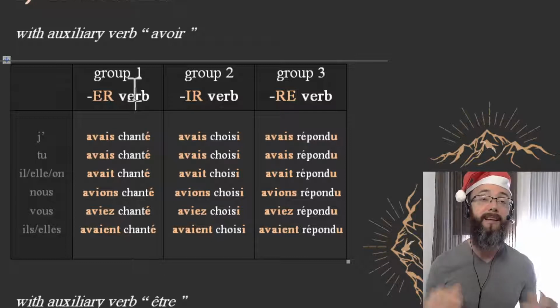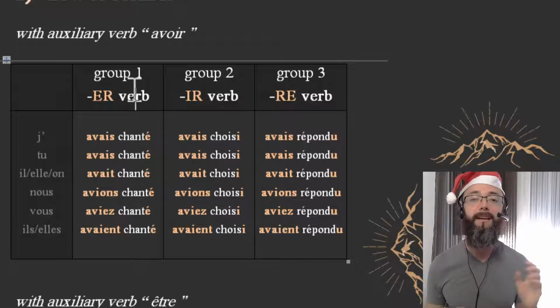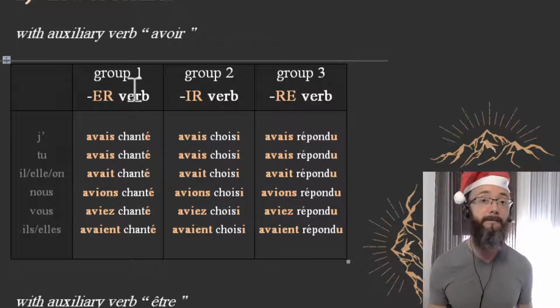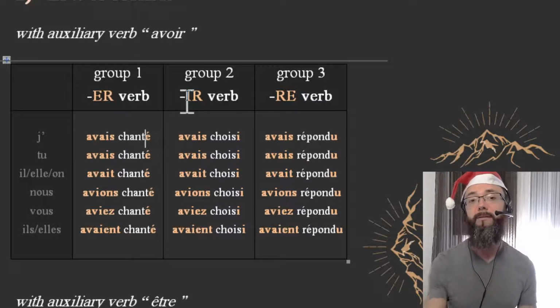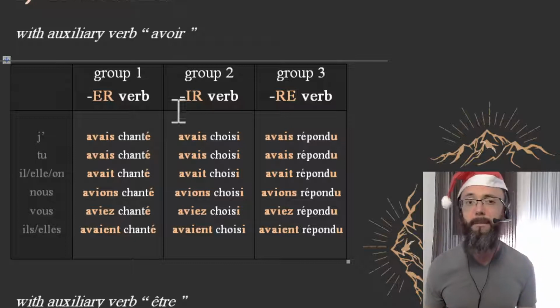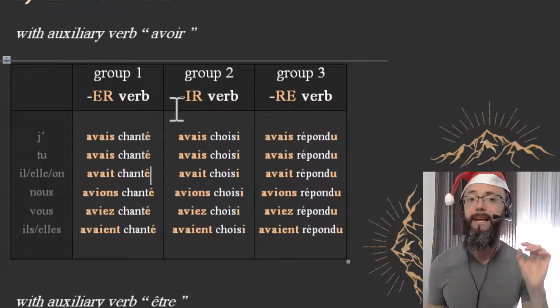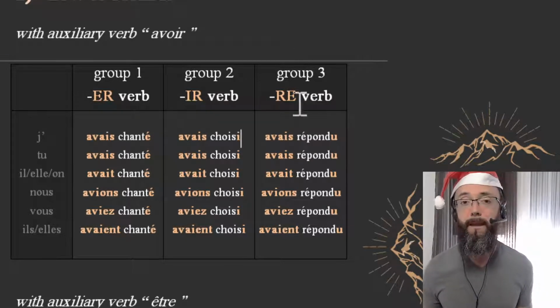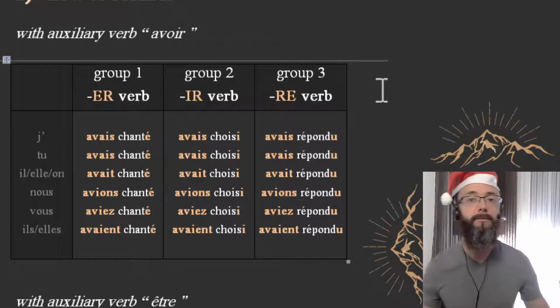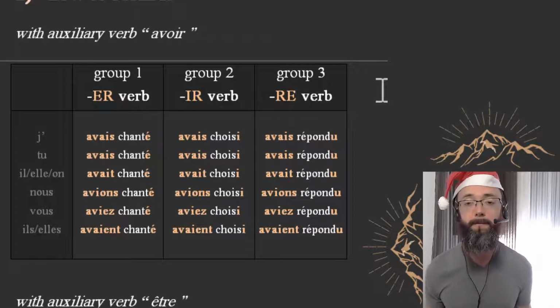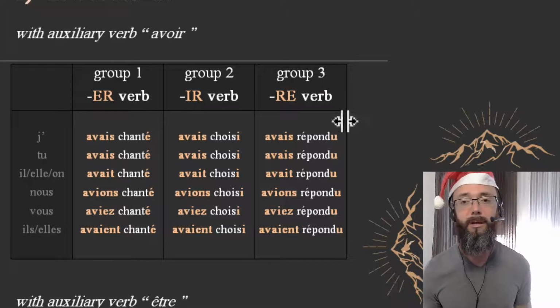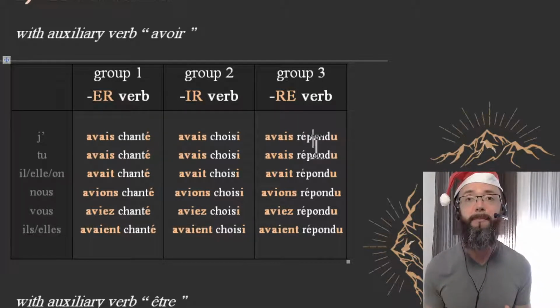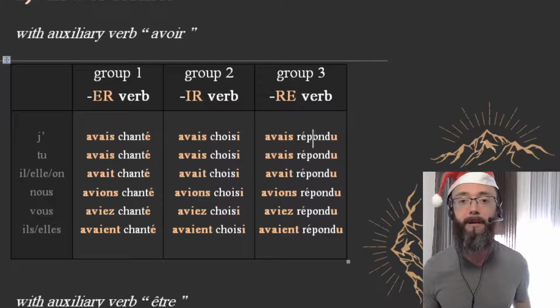You already know by now that the French language has three groups, right? ER verbs, IR verbs, RE verbs. And every time you're going to have those endings, or at least the majority of the time, it's going to be always the same for group 1. You're always going to have that E ending. Same applies to group 2, an I ending, choisi. But group 3 mostly has a U as the last letter of its past participles, but sometimes you're going to have other endings. So it's very good to know how to conjugate and how to make the past participles of the verb that you're looking for if you're encountering a group 3 verb in French.